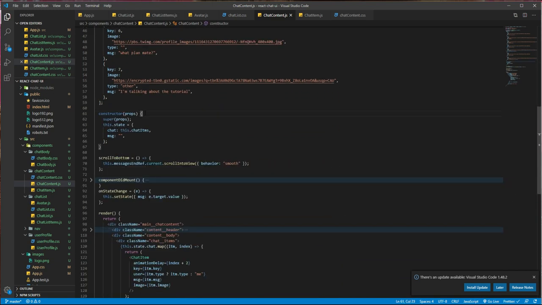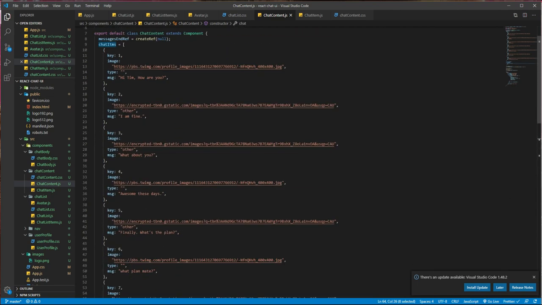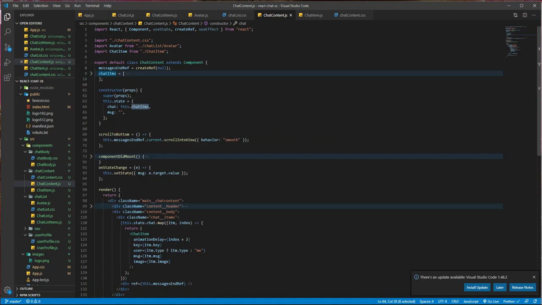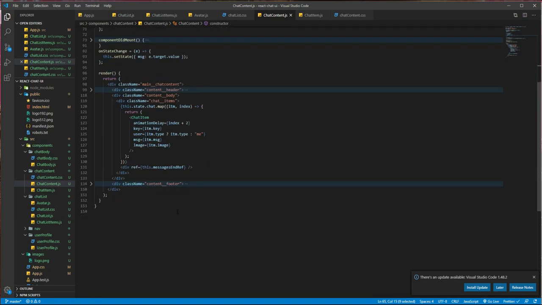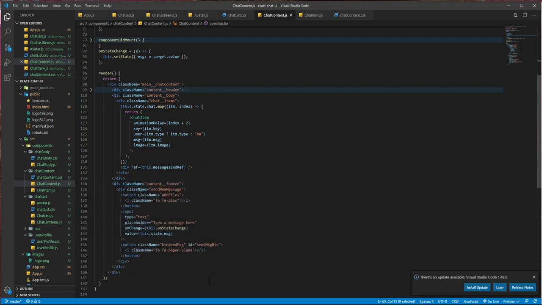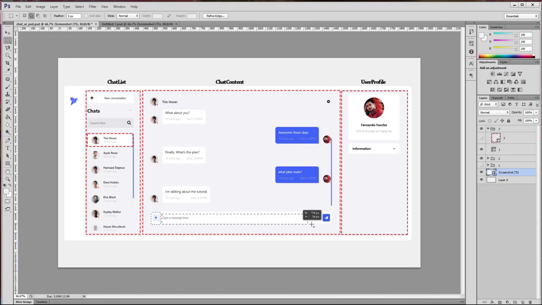When we initialize the constructor, we set the state for the chat and set the value to this variable, and the message is blank. So let me go to the footer. In the footer, what is there? There is a text area field and another send button.